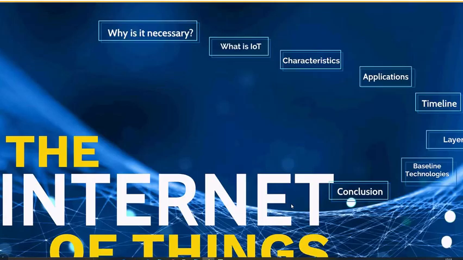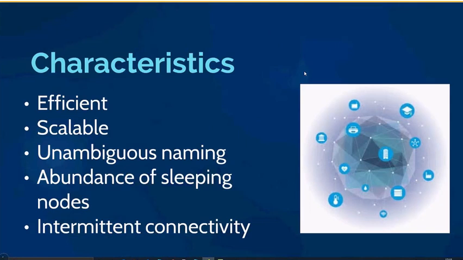Moving on to the characteristics. Some of the characteristics of IoT involve the network to be efficient and also scalable, so that even if the network includes billions of nodes, the overall network performance should not be compromised. We would also require a new way to name and address the devices. Also, inactive devices must go into a sleep cycle. Intermittent connectivity is also an interesting characteristic. A mobile device from a network connected to a device may not be connected at a later instance.